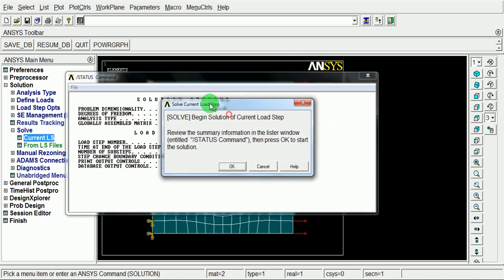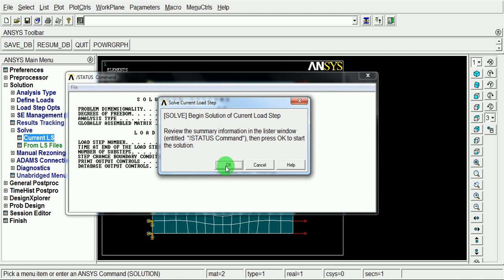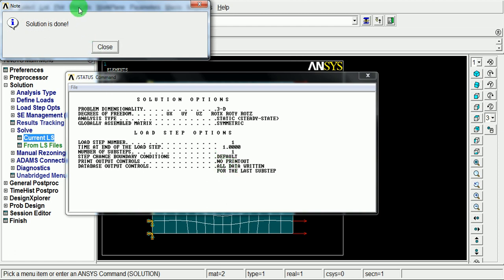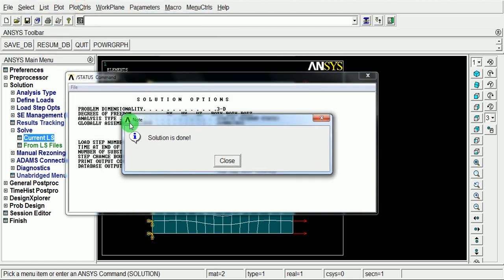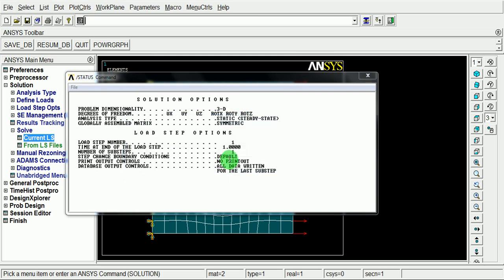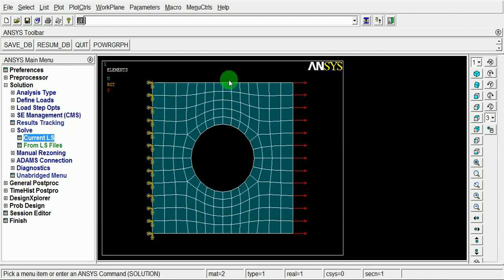Solve Current Load Step window is now open. Pick on OK to begin the solution. Under the Note window, read the message "The solution is done." Pick on this window and close it, and close the status.